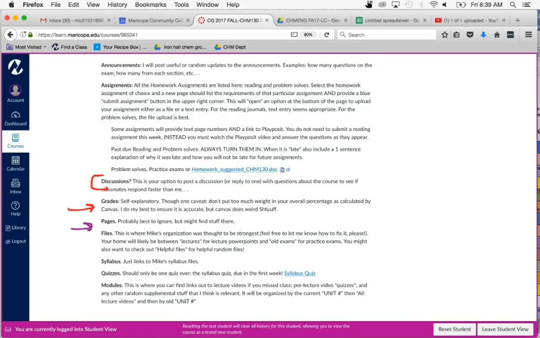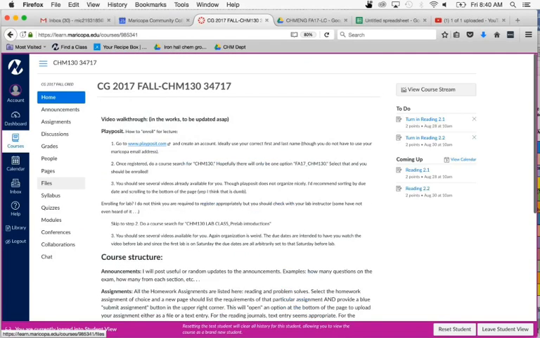Files. This is where I thought I had everything really well organized, and clearly I don't, based off of your feedback. If you want to give me more feedback on better ways to organize, please let me know. I would guess you're going to be hovering between two sections: the file with lectures and the file with old exams. So let's take a look at our files section. We click the link on the upper left, Files,